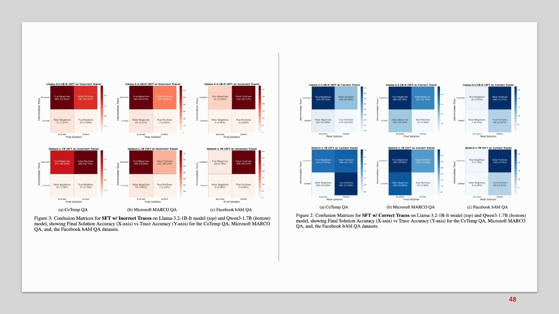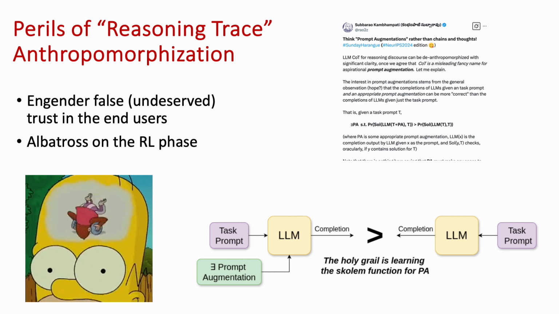So why should you care that the trace has actually no connection to the solution accuracy? It looks like English, why can't we think it is thinking? The problem basically is you are going to have to depend on these models' solutions, in the worst case, when you don't know the correct solution yourself.